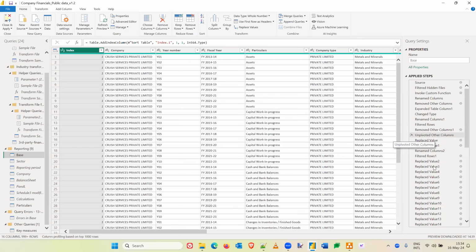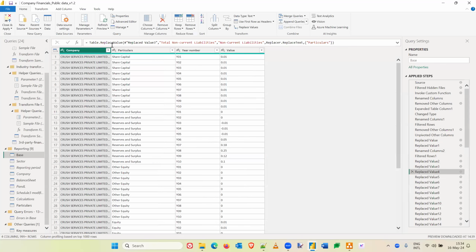Now, hunting through these applied steps to see what is where exactly is a little difficult to do in this view. You see, I have to click on replace value, then it shows me the text here. Oh, I say, no, this is not what I'm looking for. Is this it? Oops, not this either. How about this? Yes, that's the one I was looking for. So if you want to know the detail, to understand the detail,